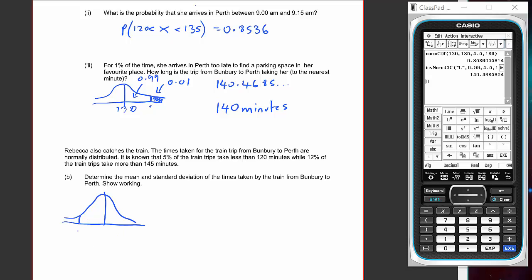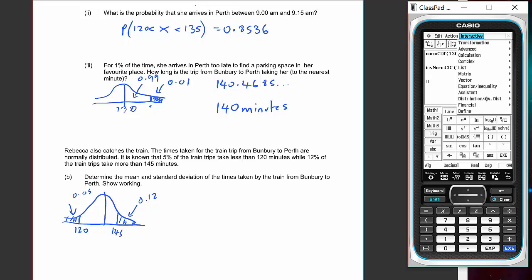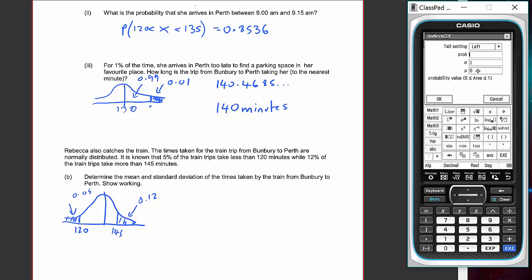We're told that if this is 120, 5% of the trips are down here. 12% take more than 145. So this is 0.12. Now the way to do this type of question is in a sort of Z-score way. So what we're going to do is go to inverse CDF and leave this as 1 and 0 and put a left tail setting to